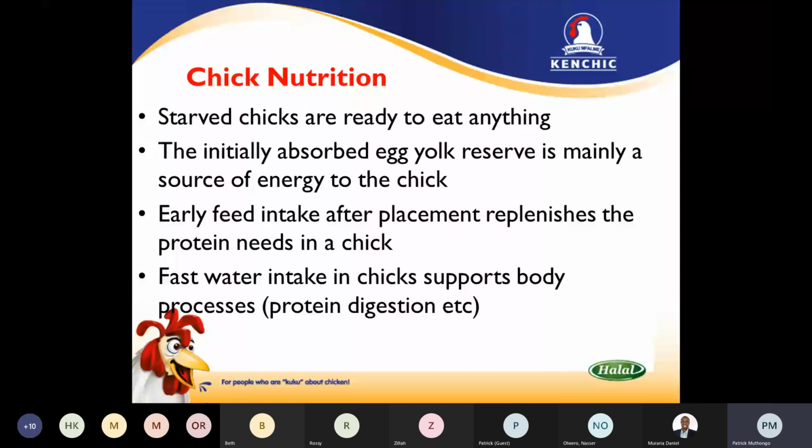Chick nutrition. Nutrition is very important because it is nutrition that drives growth for your birds. Starved chicks are ready to eat anything. Kifaranga akiletwa kwa shamba and you had not done your pre-brooding, kifaranga amekuja na stress, ako na njaa, probably the transport condition was dehydrating, atakuja akipata your drinkers are not well set, kuna baridi na ako na njaa, the bird will feed on anything including the wood shavings. So this will be a cause of chicks dying